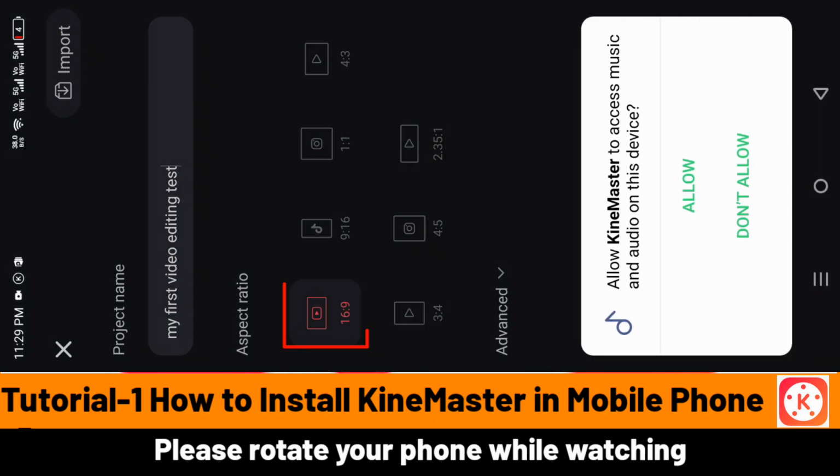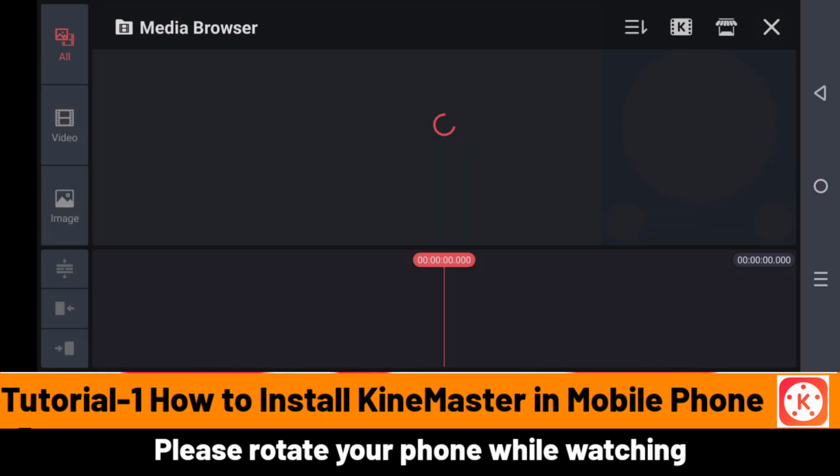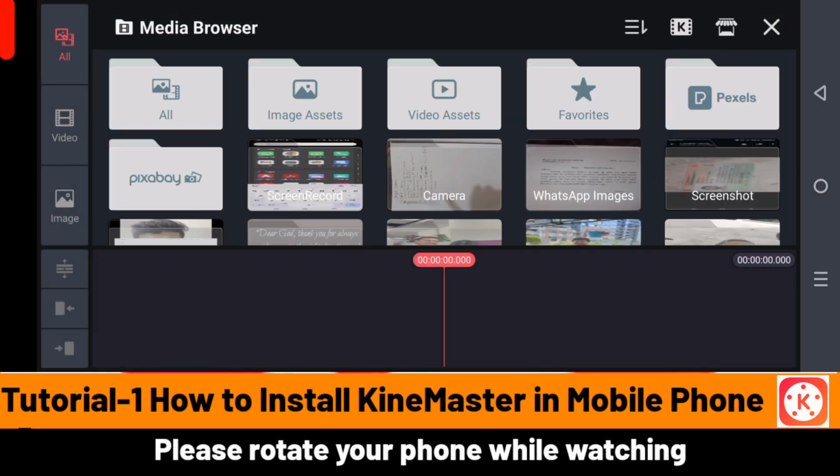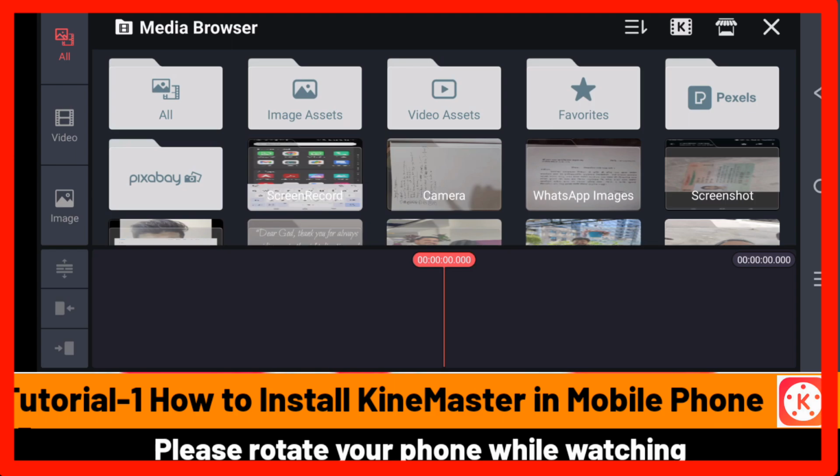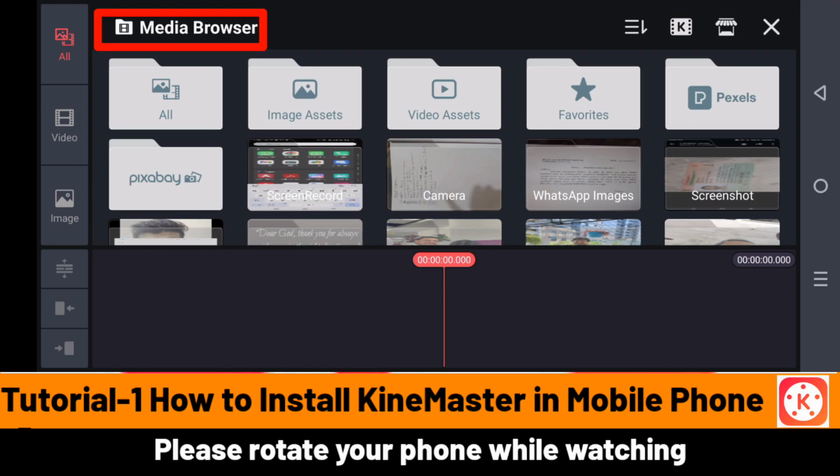Then for timing I am selecting 16:9, then click on create, and then click on allow. Okay, so this is the interface. It will redirect to the media browser. So we'll see more demonstration on each and every option. For the time being